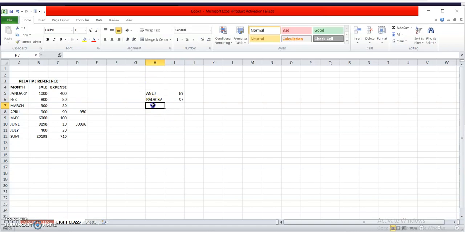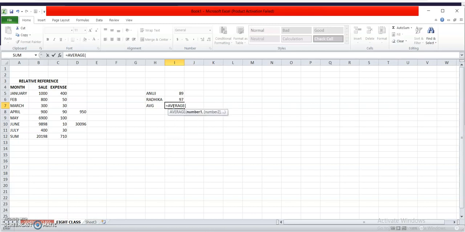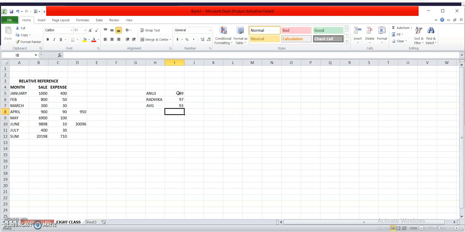Simply I will write equals average. After it I will write in it I5, I6, and I7. This is how I can calculate the average.